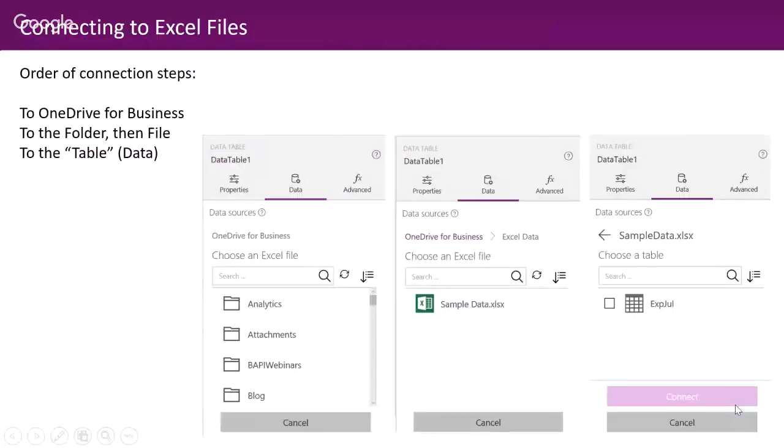Okay, with that thought in mind, I just want to go over a few last things before I open us up to questions. One, remember that when you're connecting to files, I did app from data, which you can do from new from PowerApps. But if you do it manually, you just add